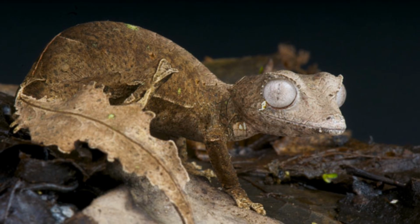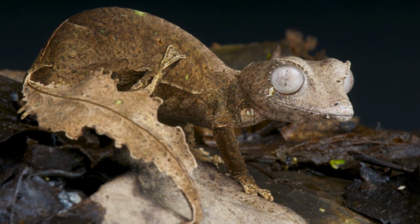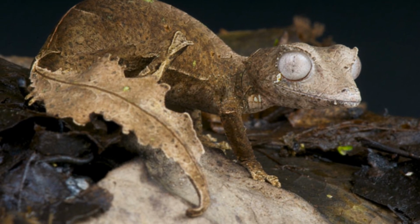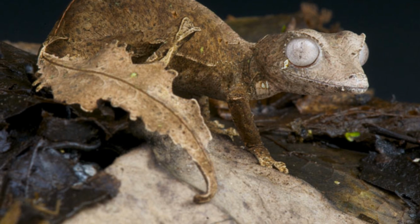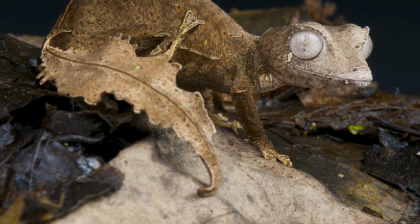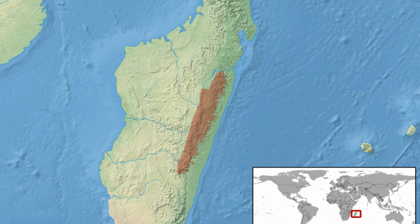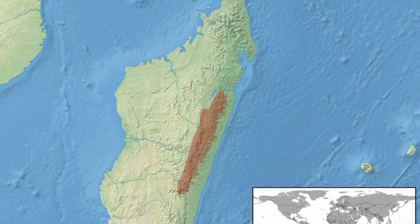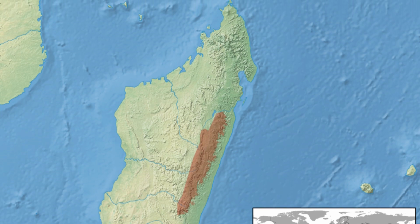Shocking, I know. This gecko is part of the genus Uroplatus, the genus known as leaf-tailed or flat-tailed geckos, so it fits perfectly well. It is also part of the family Geckonidae, the largest family of geckos with almost 1,000 different species within the family. These geckos are found only in Madagascar along the eastern highland rainforests. Clearly they are well adapted to these rainforests as they can camouflage to look exactly like leaves in the dense